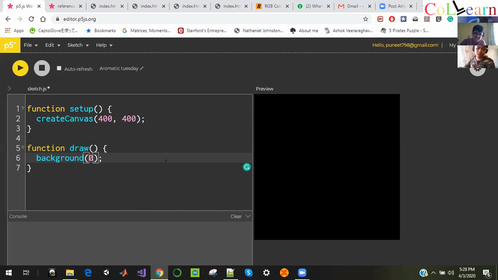Right now you wrote 0, so change the number from 0 to any number in between 0 and 255. It can be any number that you choose, just write it and press the play button, and tell me which color appears on your screen.